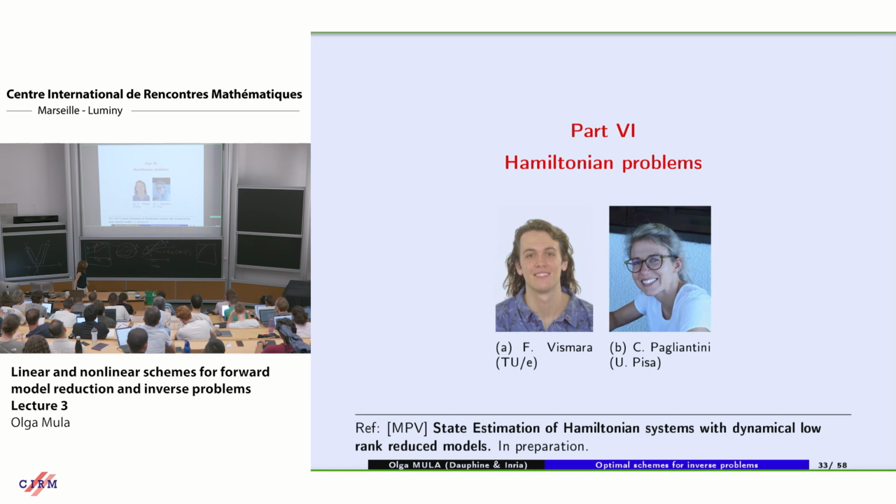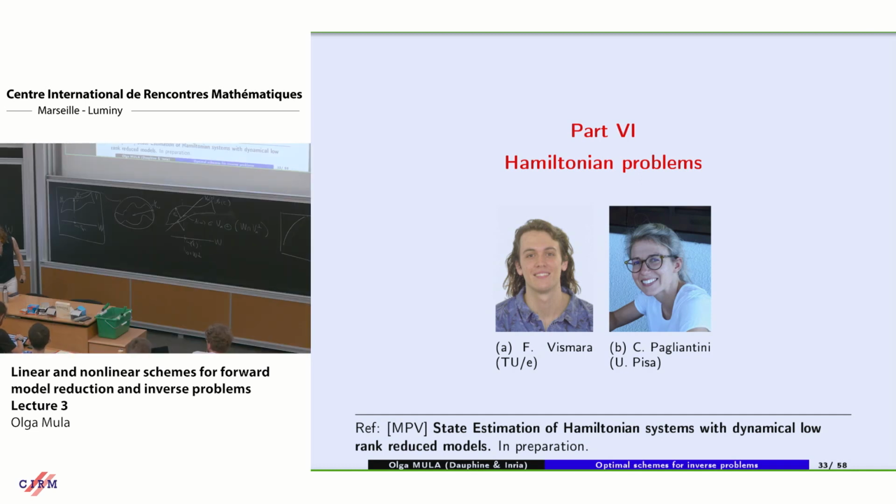Another work that we are developing at the moment is with Federico Vismara and Cecilia Pagliantini. We are taking their methods on dynamical low-rank reduced modeling in order to solve inverse problems on Hamiltonian systems. The bottom line here is that in their work, if you remember, now I am going to have an m of t and a Vn of t, that Vn is going to evolve in time, and the measurements here, W, are going to evolve in time. So the question is, for every time step, we can do the reconstruction more or less in the fashion that I have shown to you. But what happens is that